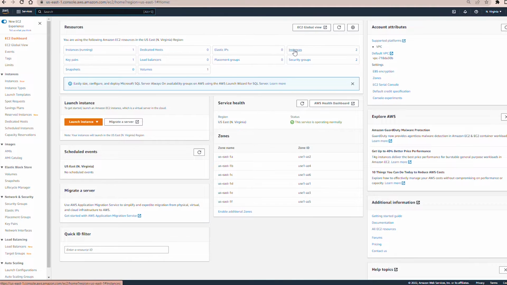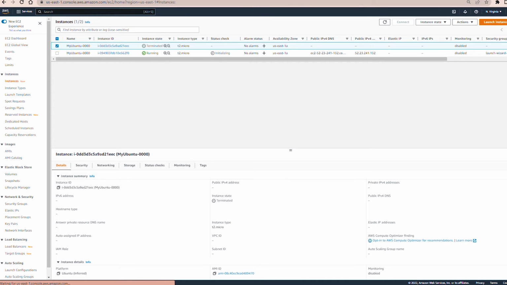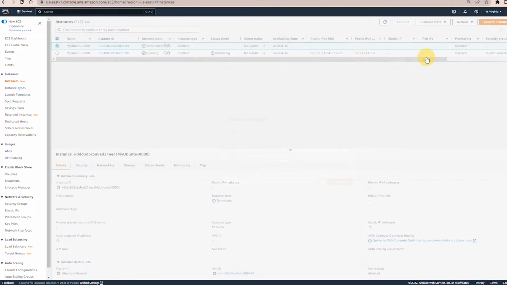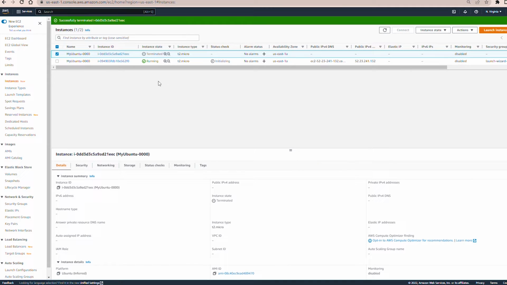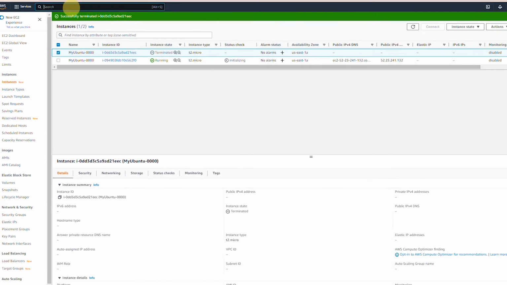There are two instances. One of them was terminated. The one that is running and I created a minute ago ends with 62F0 in instance ID. So I go back to AWS Backup,